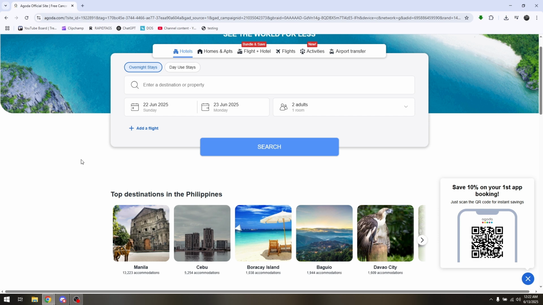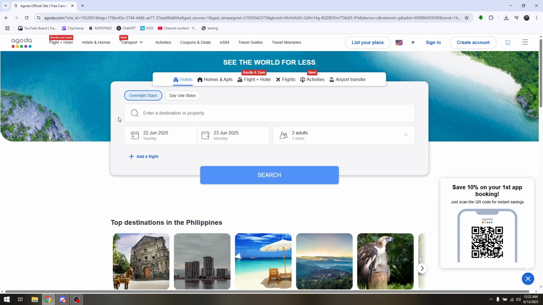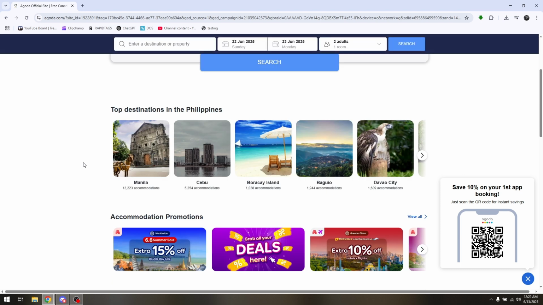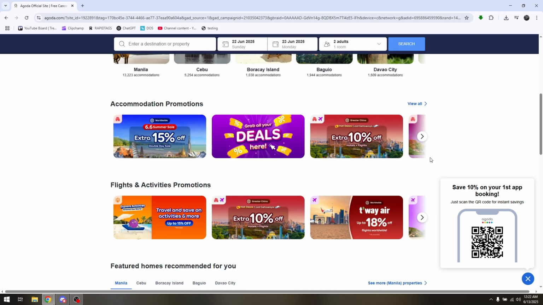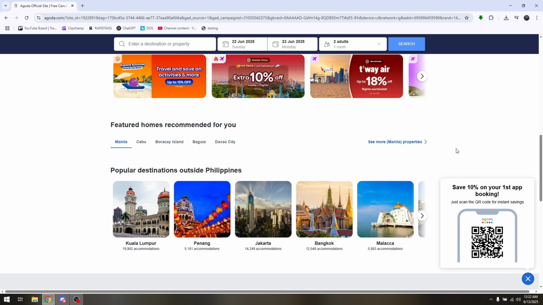Unfortunately, Agoda Cash doesn't have this option to transfer your remaining balance or whatever funds that you have from Agoda directly to your bank or even to your e-wallet. But what you can do on your end is to first make a refund on that certain trip in which there are issues that Agoda is just converting directly to your balance on your Agoda